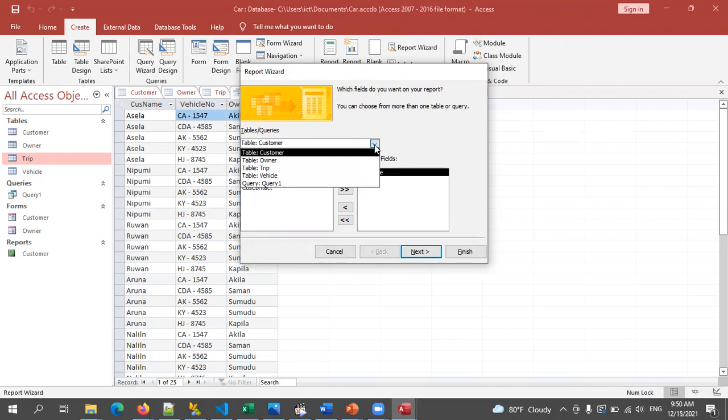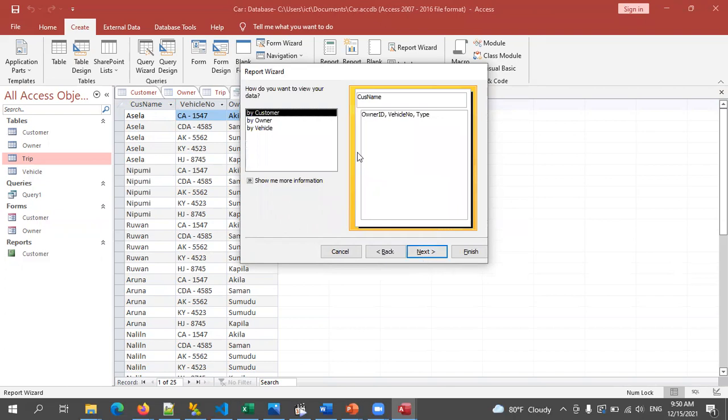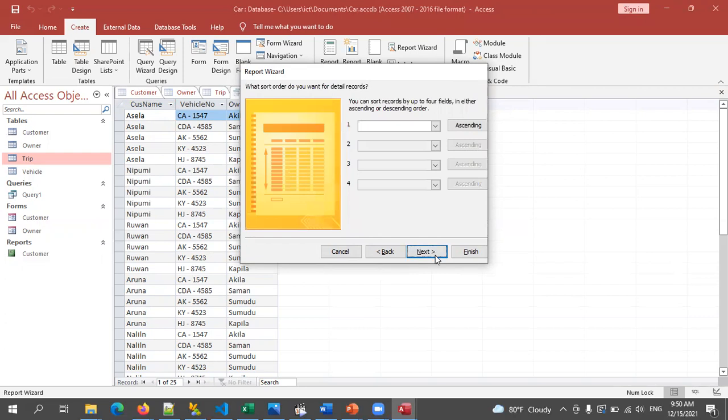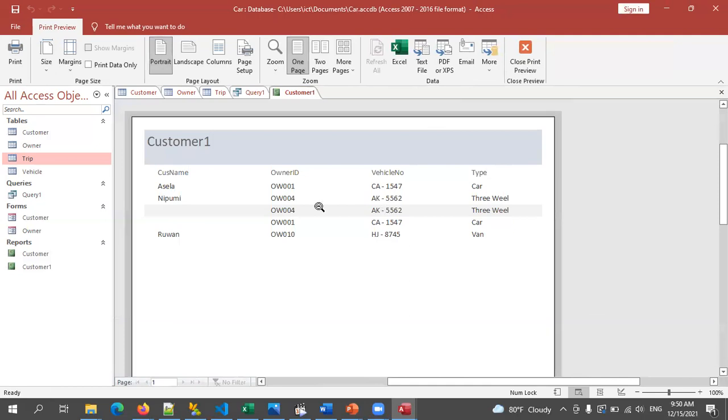Again, you can select the other table, owner, and add that as well. Again, vehicle number or something. So select vehicle number. Add if you want to add the type. So you can just select type from here and add that. After that, next. This is the order. That is okay. Next, next, next, and again you can select step or block. In some cases, block will be better. So after that, finish. So this will create a nice report,